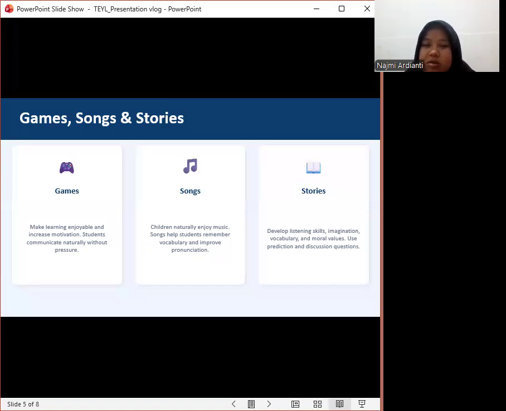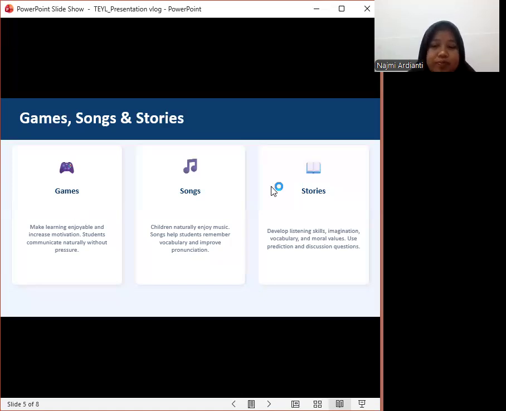And last is stories. Here, stories introduce new vocabulary, improve their imagination, and also develop listening comprehension and teach moral values. And using these activities creates a positive and enjoyable learning environment.